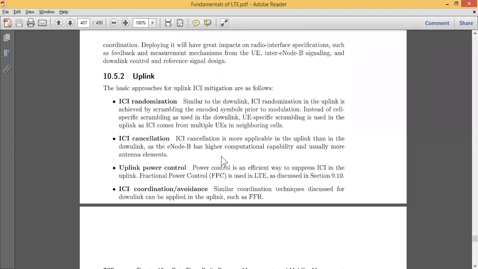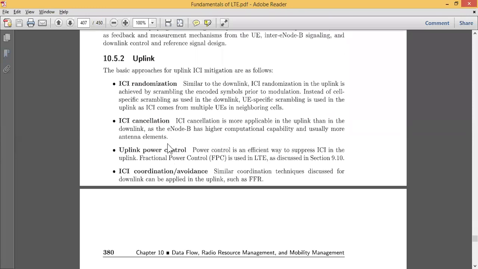before they are downloaded. Now similarly to the ICI randomization, the ICI cancellation is more applicable in uplink rather than in downlink. Because downloading is not more important than uploading, because if your uploaded data itself is not proper, then you will receive the downloaded data in an incorrect manner. Therefore this ICI cancellation will be more advantageous in the uplink rather